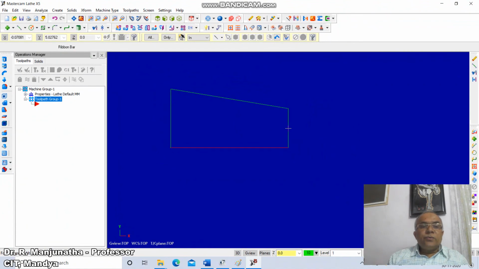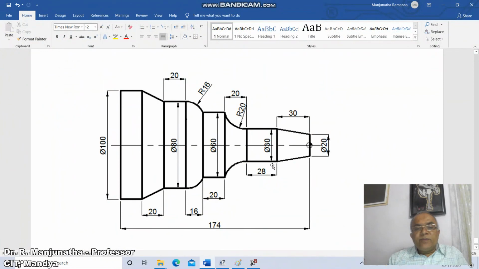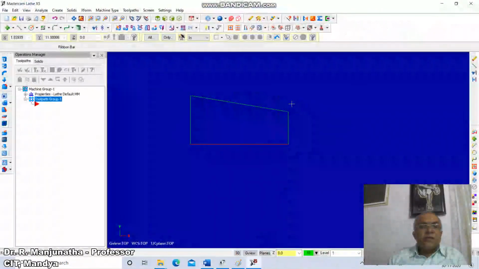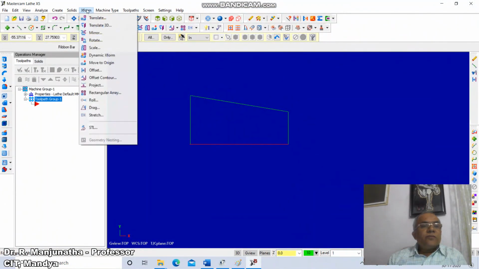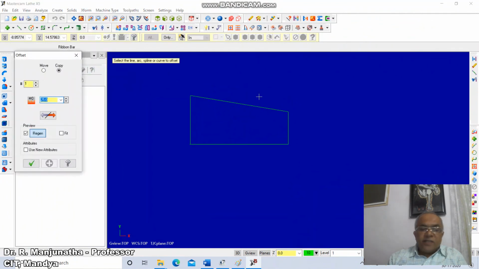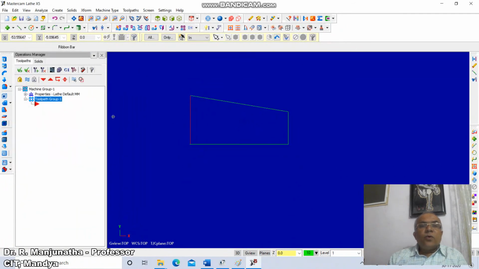Now we need to draw, from the center it is 15 and then this distance is 28. To do that, go to XForm, offset, take 28 mm. From here you select this and offset it. Then click on OK and go to fit.